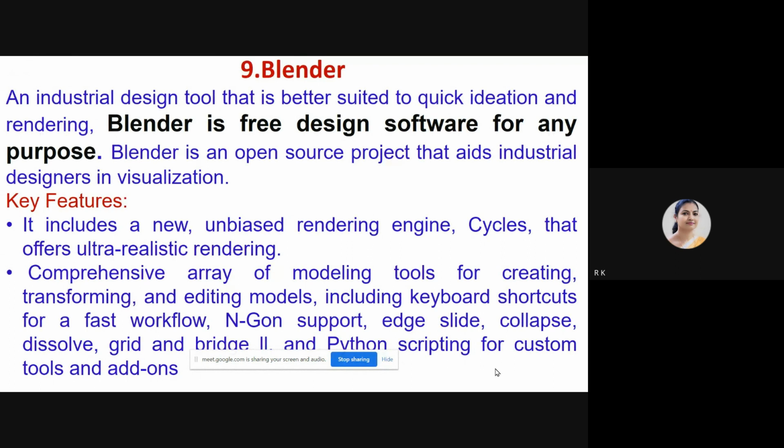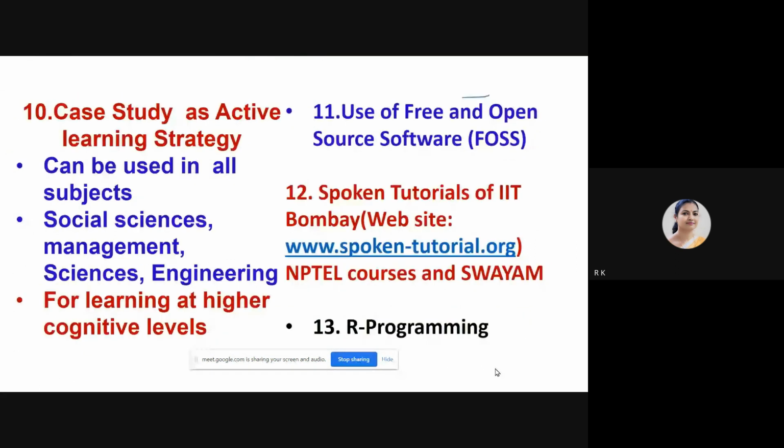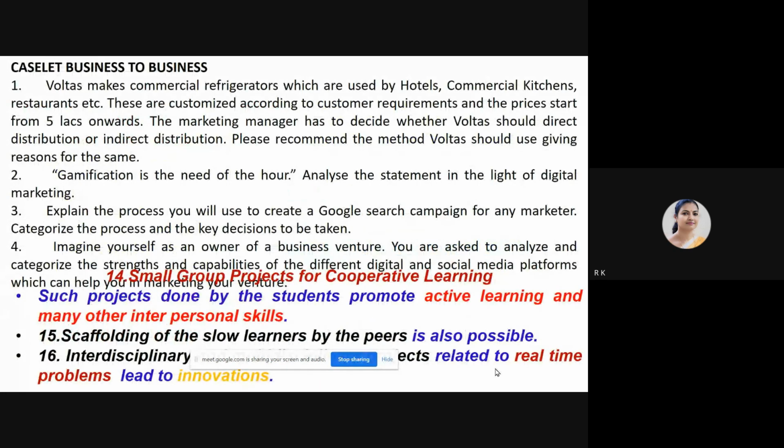And one method I would like to add here is something called active learning. So in active learning, there is something called the case study method. Madam, what big deal about case study? We are doing all these case studies, we are following it. But I would like to show an example here. As you can see, the case led to business to business. This is my subject, which I'm teaching right now. Managing digital business is my subject. So here the case, I would not call it a case study. It's a caselet, very small caselets.